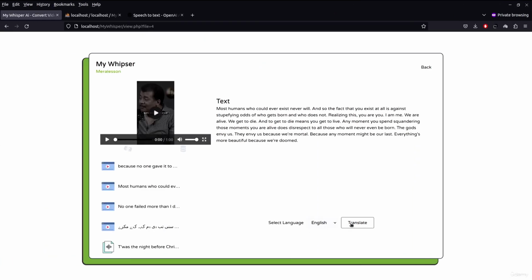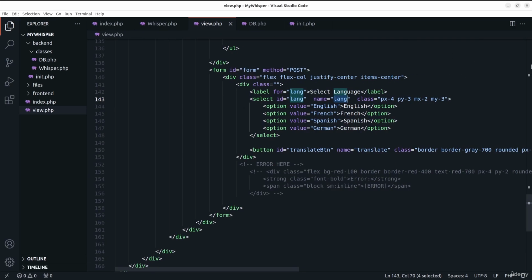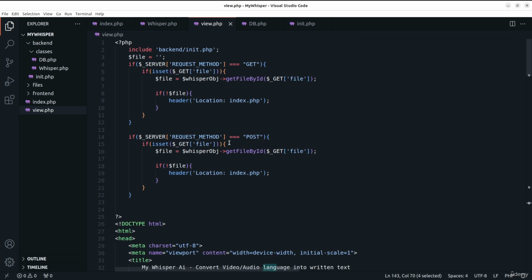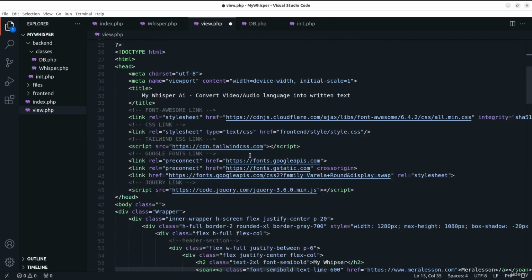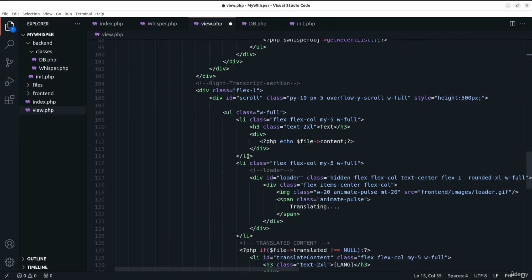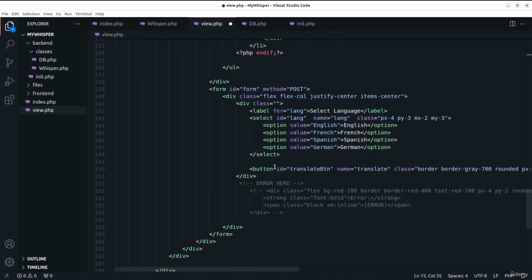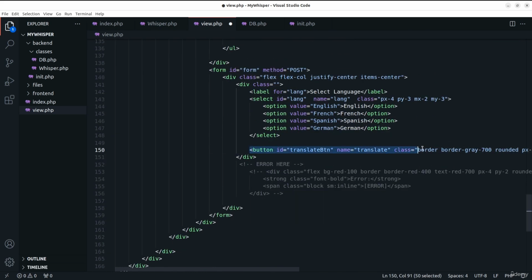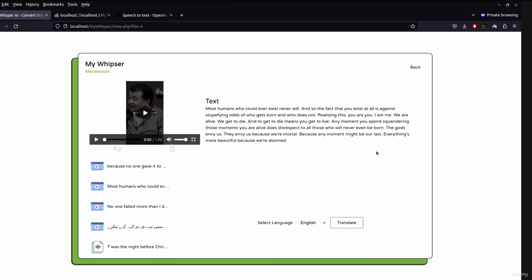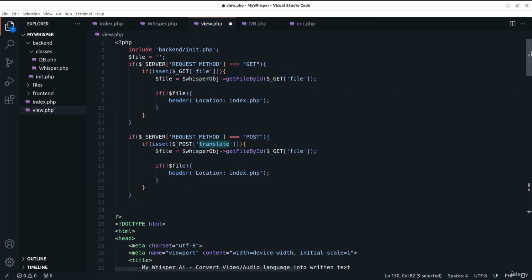So when we click on this translate button, it basically sends a post request. So right above here there's going to be a post request, and there's going to be if isset $_POST translate, this translate button. Let me show you again, this translate button with the name translate, this translate button. So right inside here,